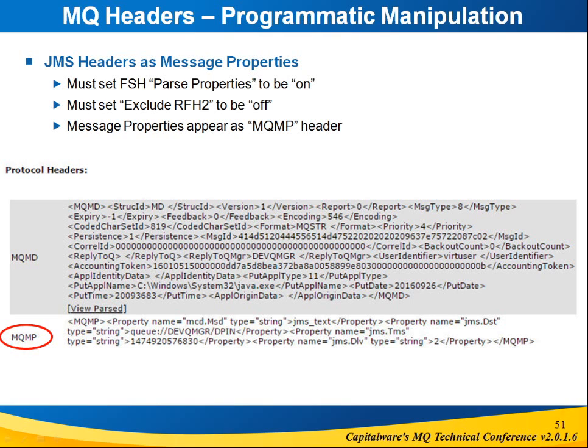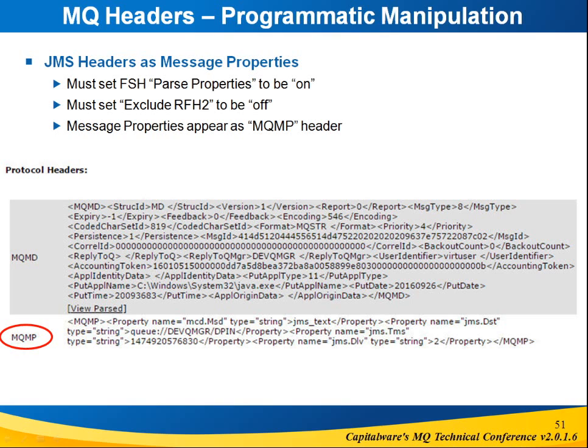And notice that the message properties show up as a separate header called an MQMP, which has property name equals, and then it has the type, and then it has the actual value, and so on, all strung out one after another. And if you're working with JMS, for example, you're going to see that there's a folder embedded in there called jms.tms and jms.dlv, which are the various JMS parameters that you can make use of and manipulate according to your